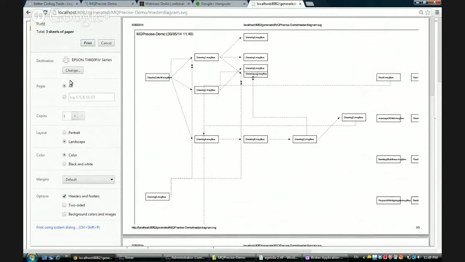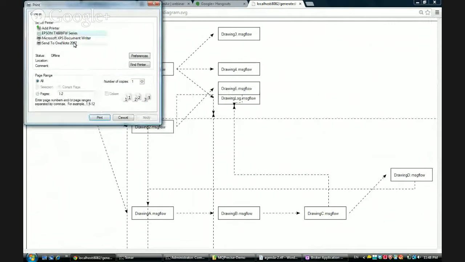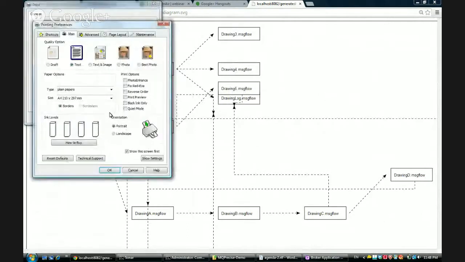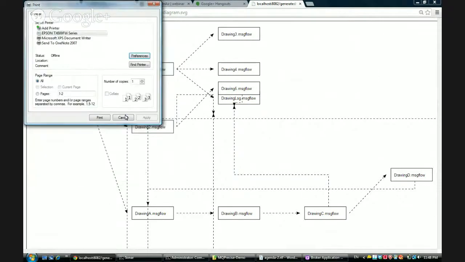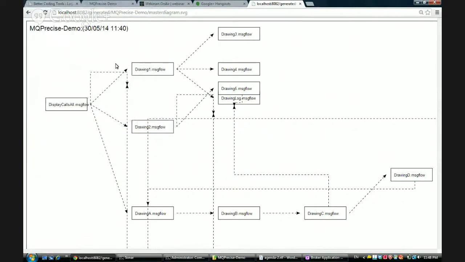Let me just see if I can shrink to one page. See if I can make it preferences. See if I can get it to shrink to one page. We want landscape. Okay, yeah. So might need to export to PDF, but essentially,